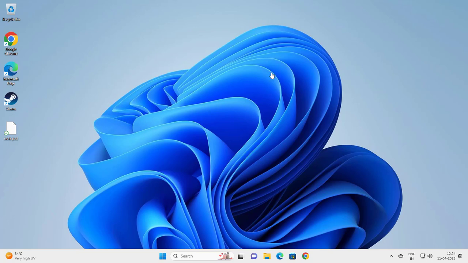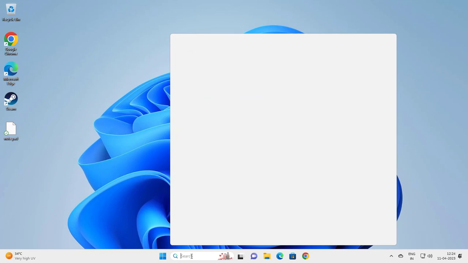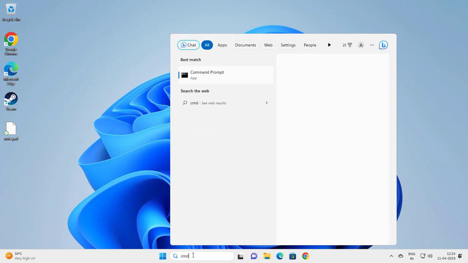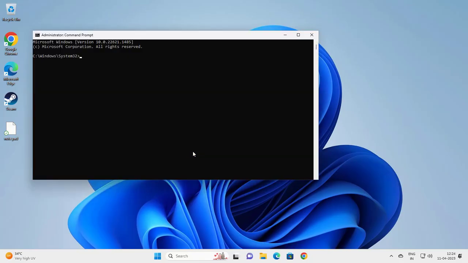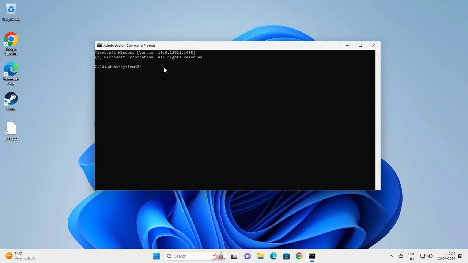In order to do that, I go to the search menu and type cmd, run as administrator, click yes. I want to type here ipconfig